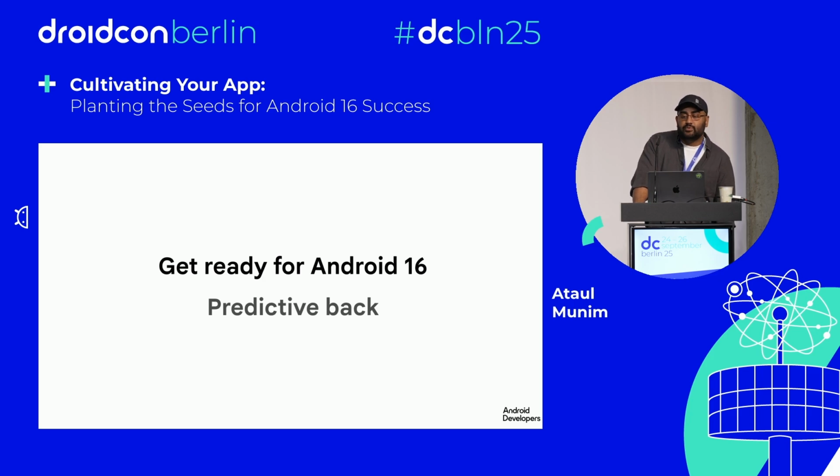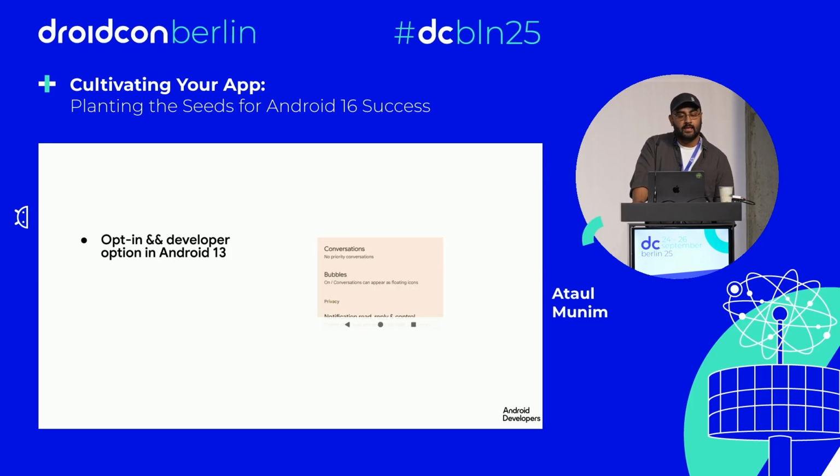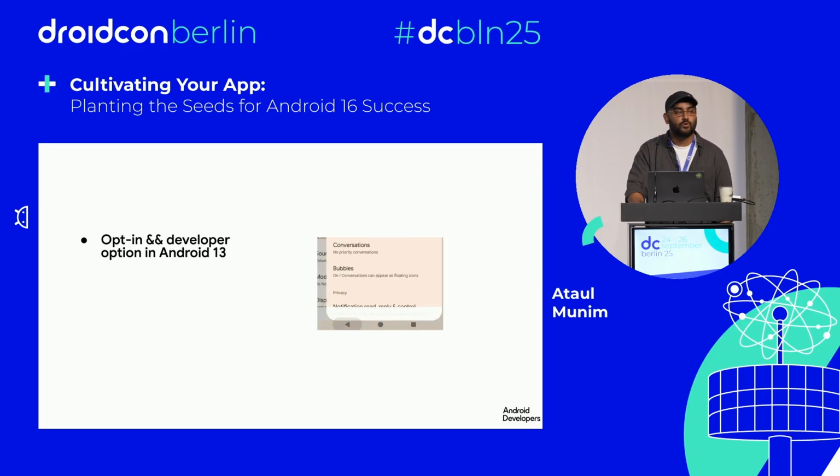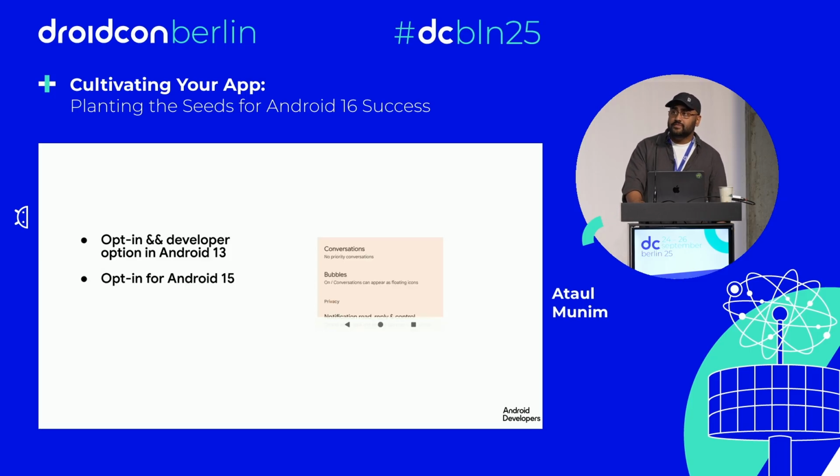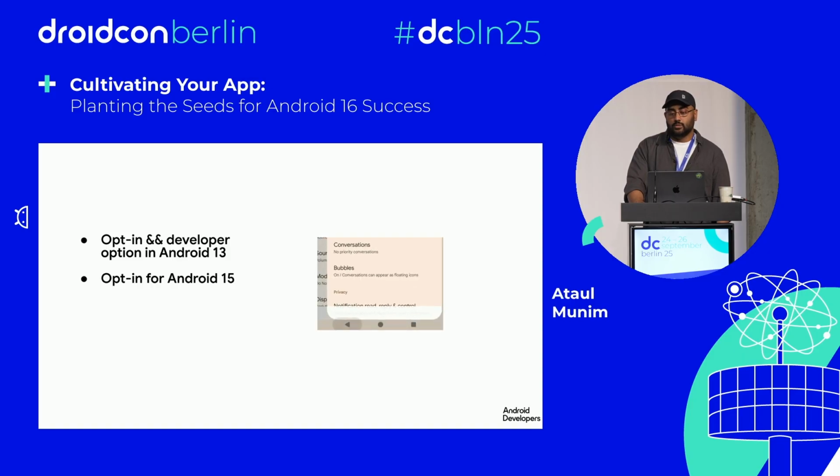In second place is Predictive Back, which debuted in Android 13 as an opt-in feature for developers. Users had to enable the option in developer settings to see it. Android 14 added support for more animations, like those across tasks. And by Android 15, the developer option toggle was removed, which meant that if your app had opted into this behavior, users would start to see animations by default.